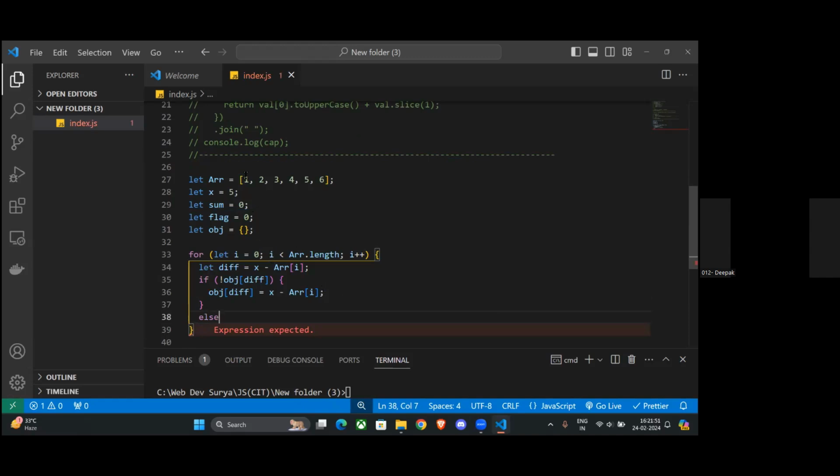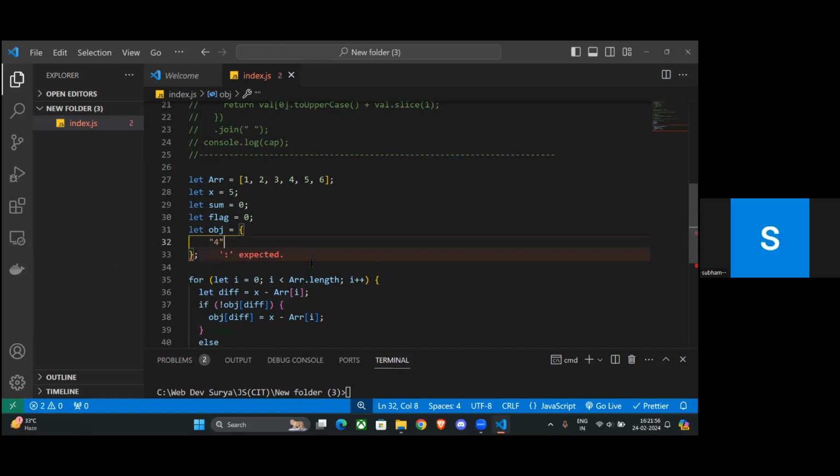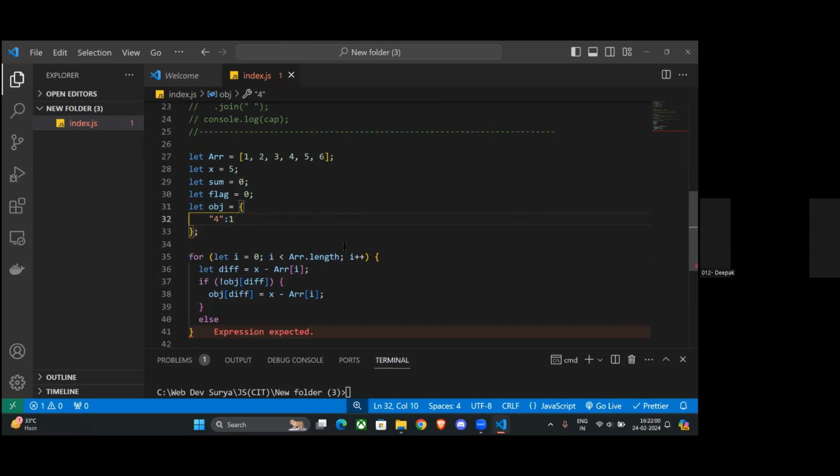Now I will have 4 in this object, like four colon one. One will be my value. Correct. Now, when you reach the fourth value, one, two, three, four,